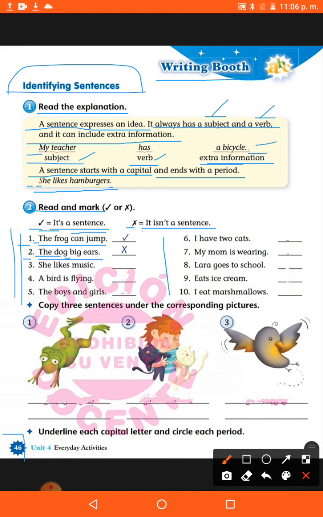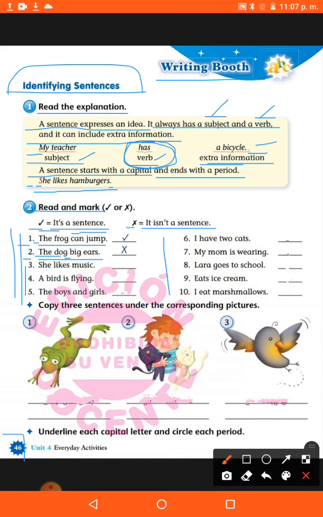Okay, so as you can see here, we need a verb to write a sentence. Okay, the actions. Now you have to read the other examples and you have to identify if that sample is a sentence or not. Okay,